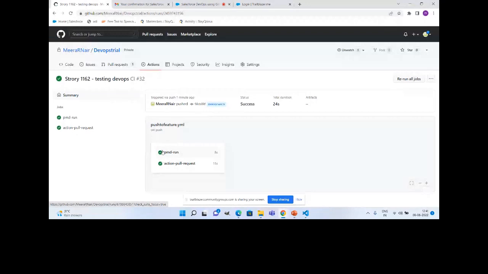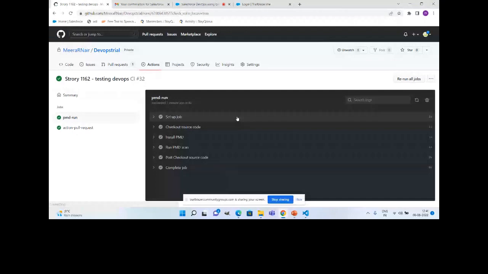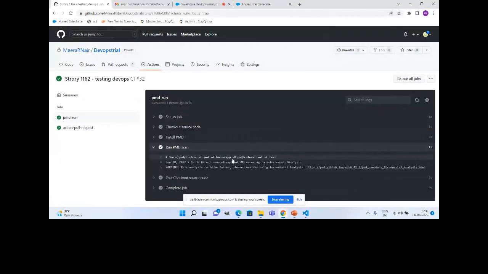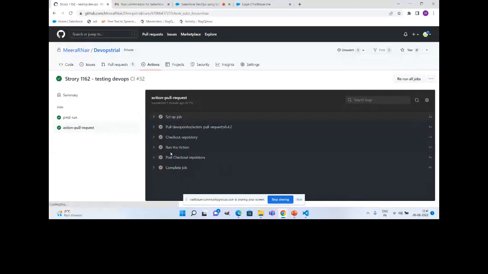And you will be able to open this, and you can see the additional details here, like whatever steps got installed or executed as part of each of the steps. Those details you will be able to see here. And if there are some failures, you can see all those details here. And for the pull request also, you can see the additional details. You can go ahead and verify everything here.